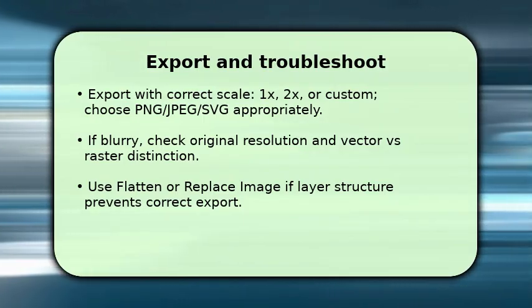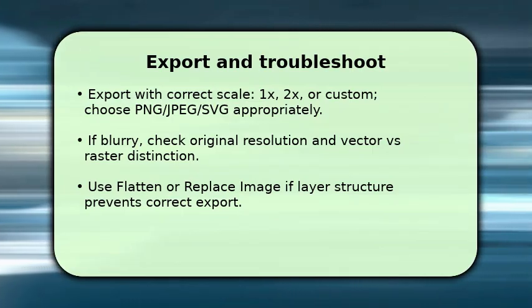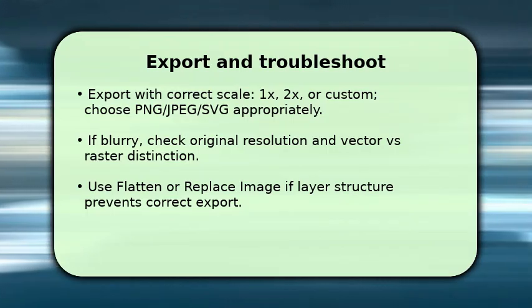Vectors should remain sharp. If constraints or masks cause unexpected output, try flattening or replacing the image layer. One troubleshooting tip: check whether a